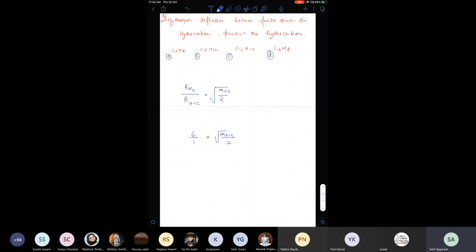So 6 times means 1 by 6 root 2. कैसे? Taking square both sides. 36 is equals to m of hydrocarbon divided by 2. So m of hydrocarbon is 72. Mass of hydrocarbon 72 होगा।